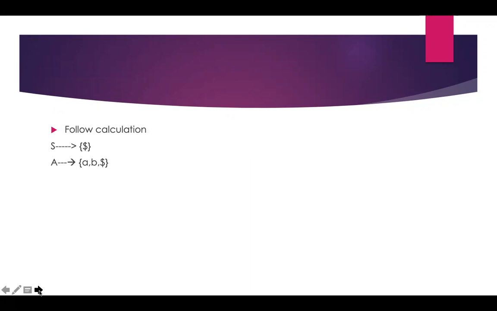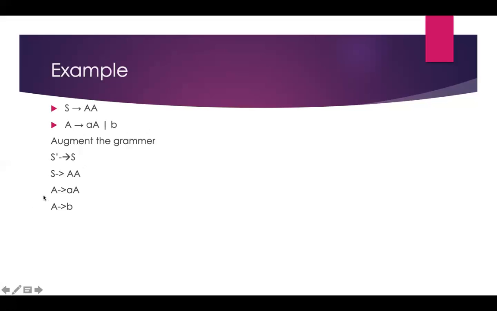Next we need to calculate the follow for the particular grammar. For calculating the follow of any symbol, we need to check the right hand side. In the previous video, I already explained how to calculate follow, just check it out. Here in the right hand side, S is nowhere available. It is the starting symbol. So follow of S is equal to dollar, we need to include.